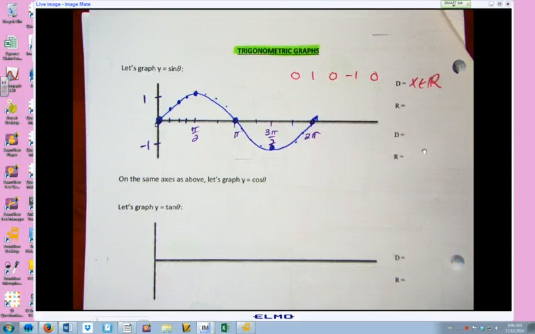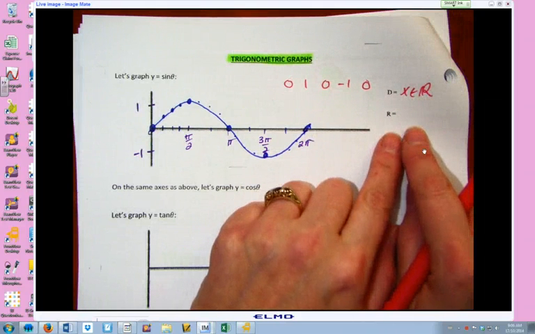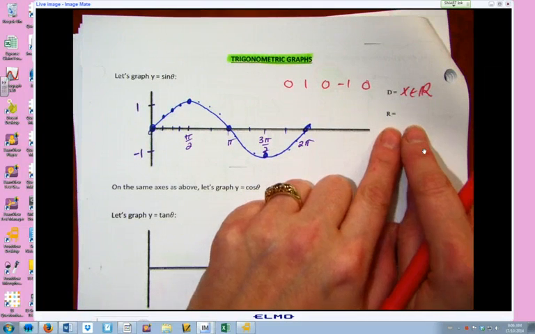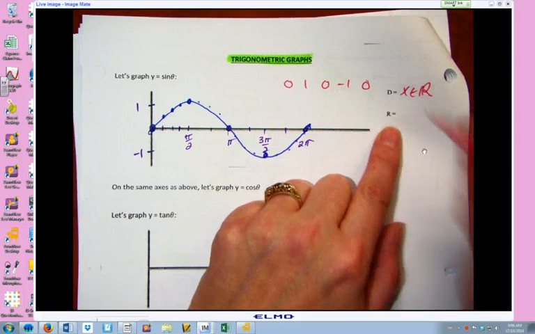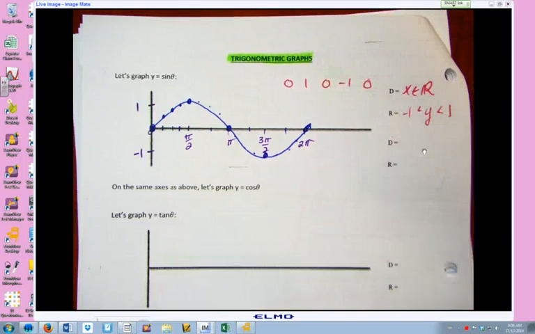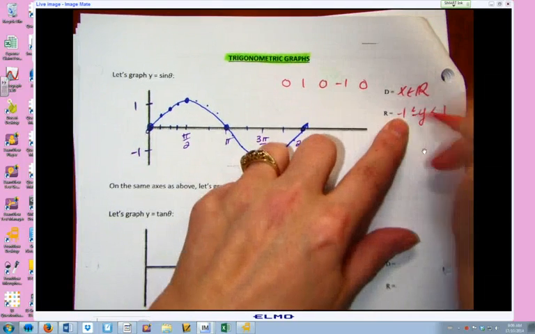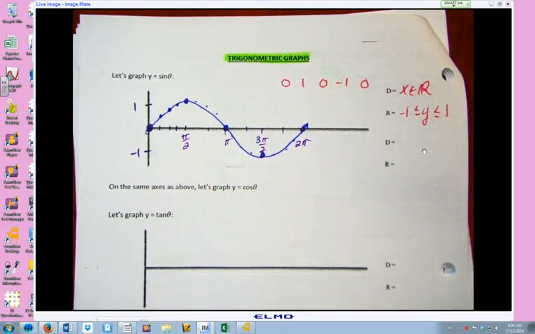What about the range? Okay, and if I want to match my x ∈ ℝ, how do I write between 1 and negative 1? Negative 1 is less than y is less than 1. Okay, so that's what I heard. Do we want to confirm or do we want to change? Or equal to. So negative 1 less than or equal to y, less than or equal to